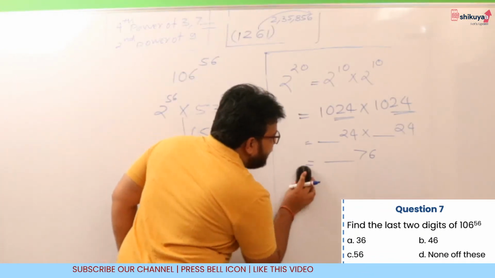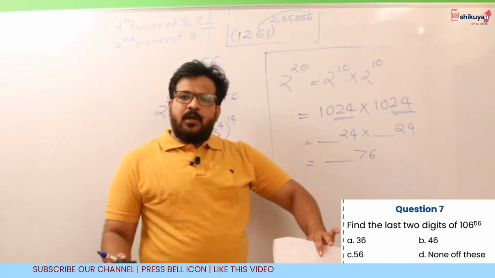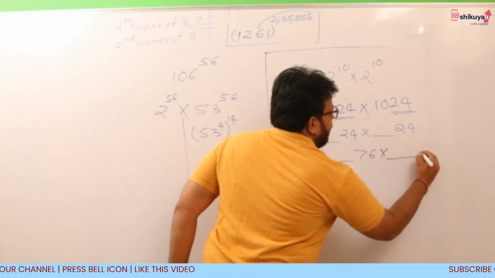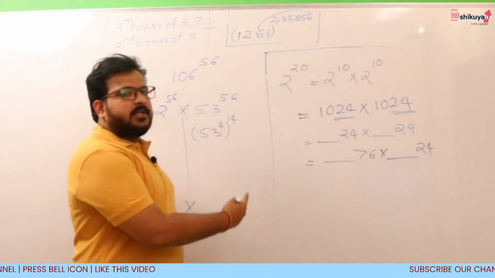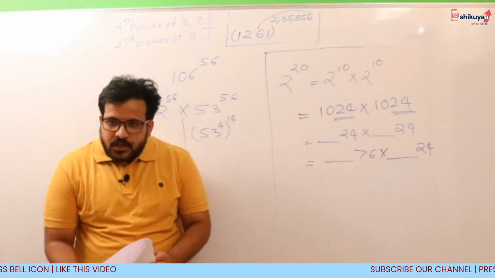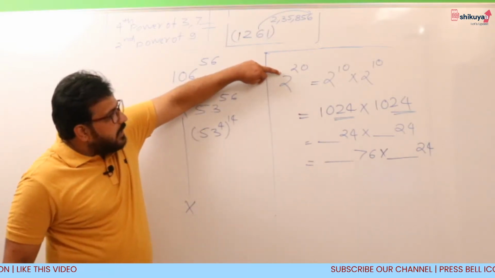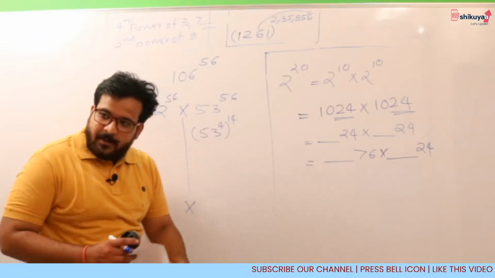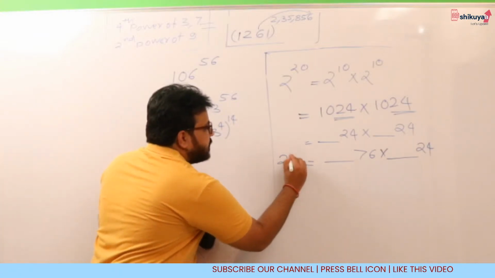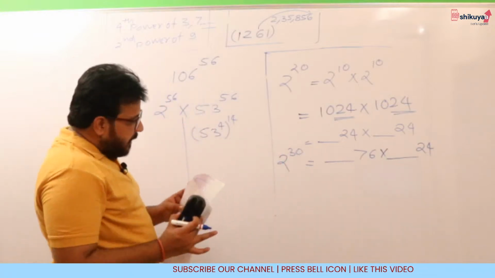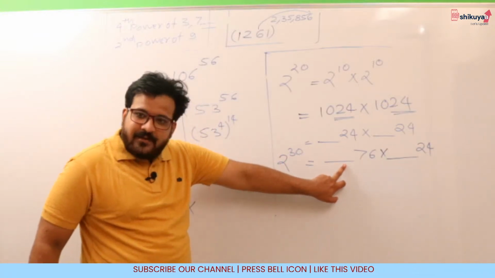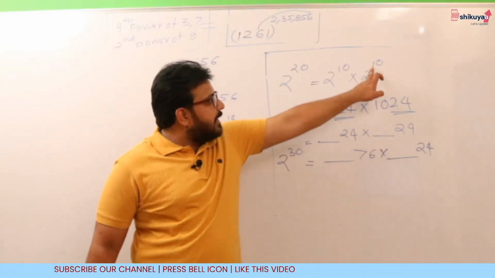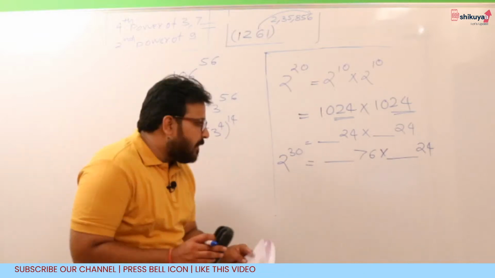Calculate 2 raised to 30. Don't worry, don't do anything. You just have to multiply a number ending in 24 with this 76, because 2 raised to 20 into 2 raised to 10 is 2 raised to 30. Am I right? Look at this. 2 raised to 30 means 2 raised to 20, which is ending in 76, into 2 raised to 10, which is ending in 24. Now let's multiply